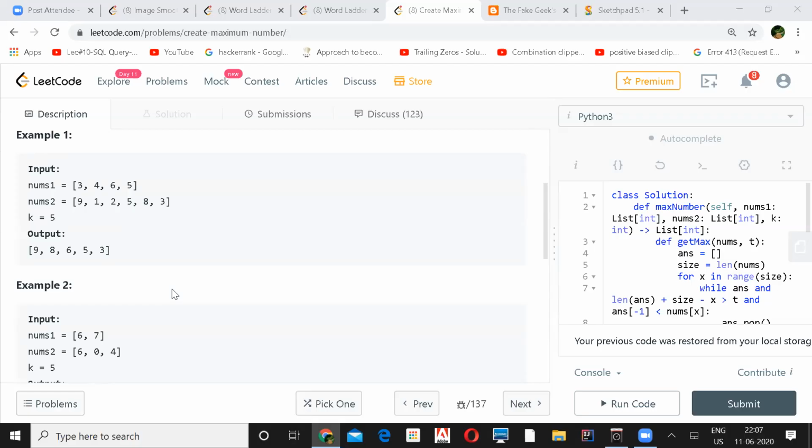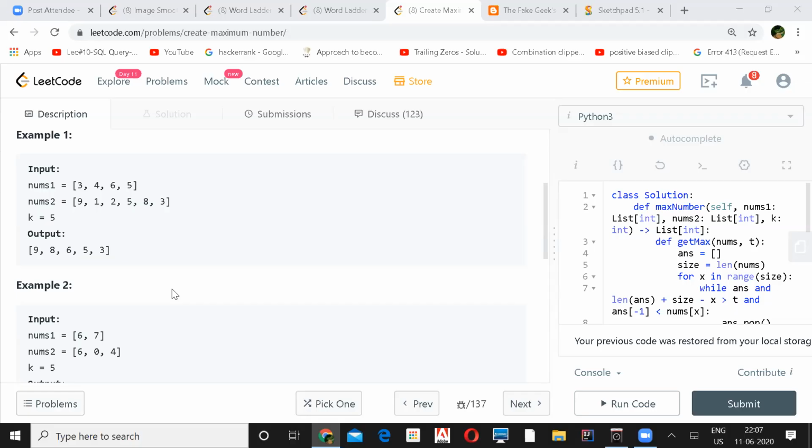After looking at the discussions also, it was slightly difficult to understand how to implement. But the pattern I found was something like using the monotonic stack solution. You try to find the biggest number from each of them and try different combinations, and whichever is the biggest one, store it.